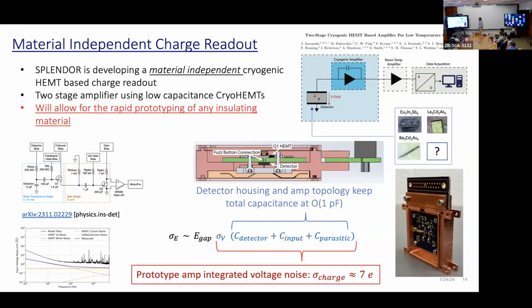So the way around that is we designed a two-stage amplifier in which we have the first HEMT in the same housing as the detector. They're connected by a fuzz button, which is just a little tiny ball of copper beryllium that almost looks like steel wool. And it's just pressed against the detector on one side and then the input pad of the gate of the HEMT on the other side. So it's held together with pressure. And it's an incredibly close connection. So it's very low capacitance from the detector to the HEMT itself.